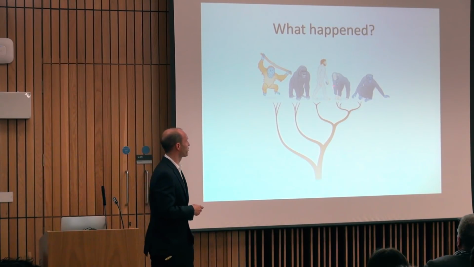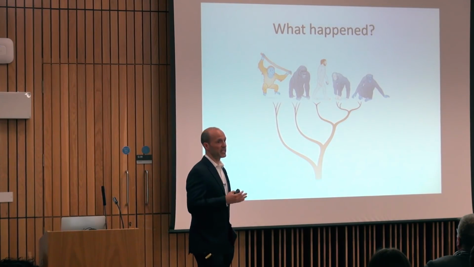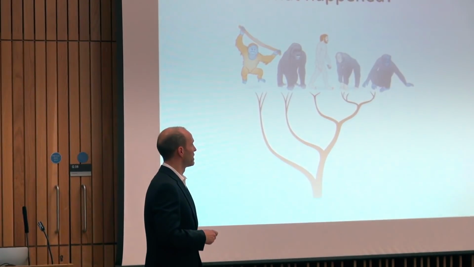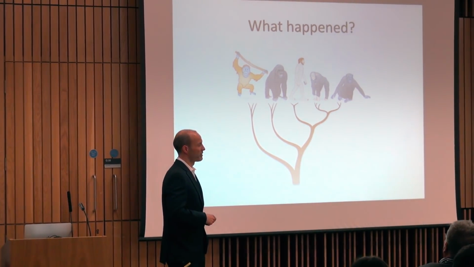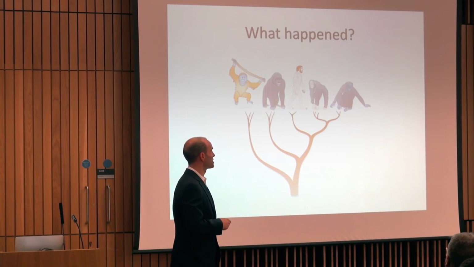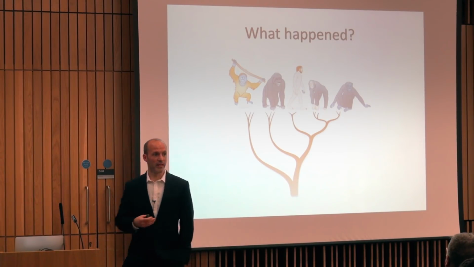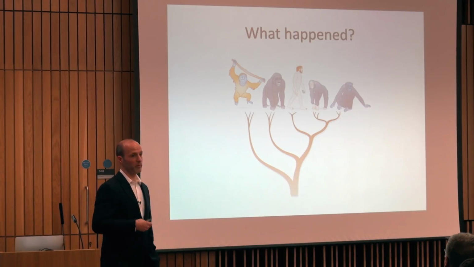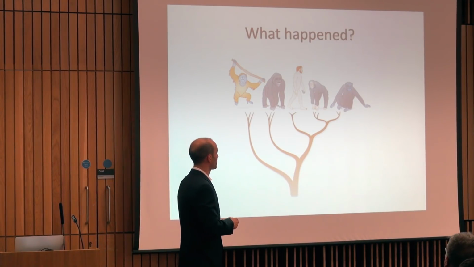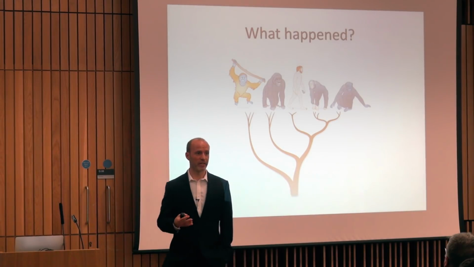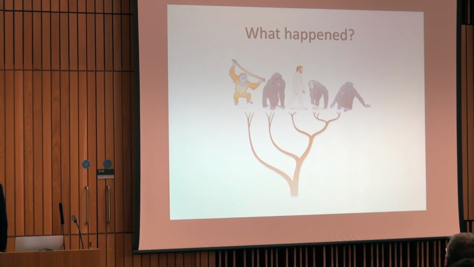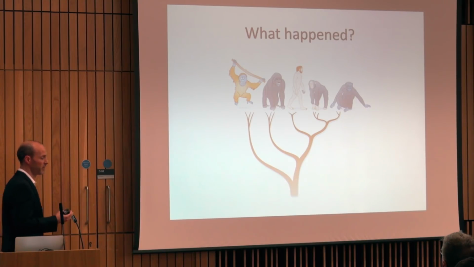So humans diverged from other apes between 6 and 8 million years ago. Our last common ancestor with chimpanzees was kicking around on the planet about 6 to 8 million years ago. And since present-day chimpanzees don't have language, then we can infer that our common ancestor with chimpanzees didn't have language either. So language must have evolved in that 6 to 8 million year time span since we diverged from chimpanzees. Okay, so what happened in that time span?